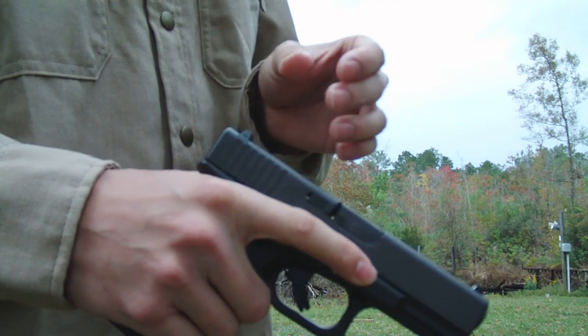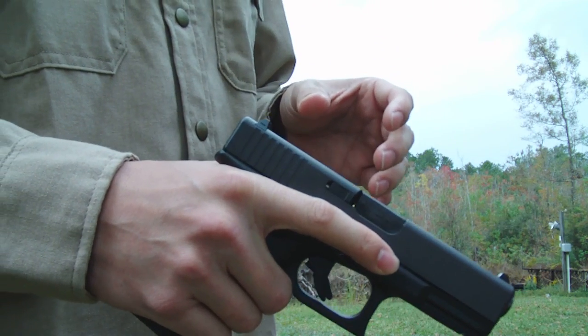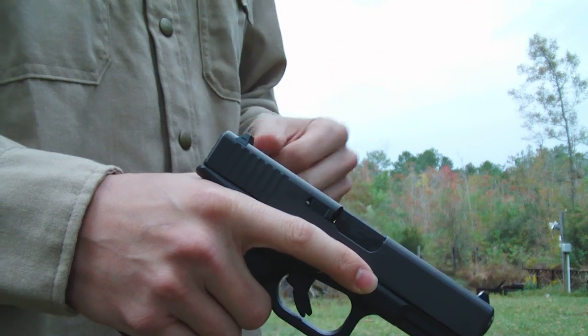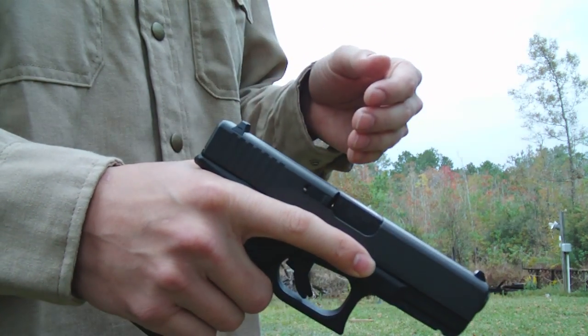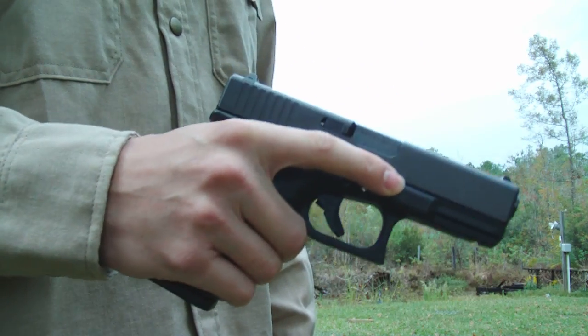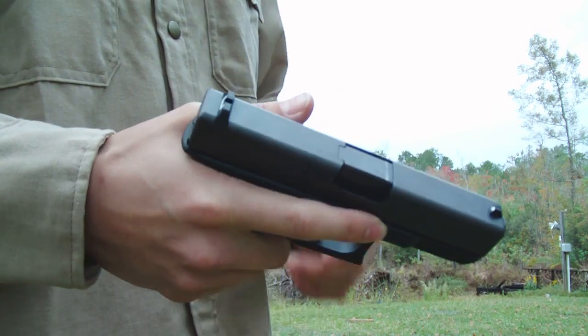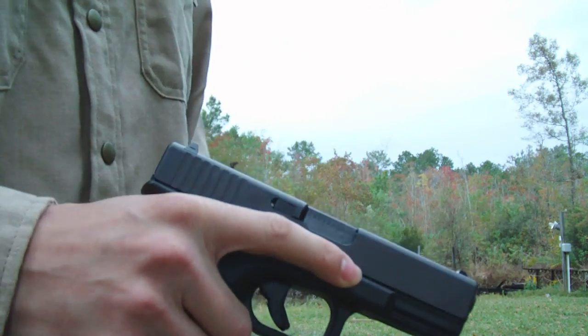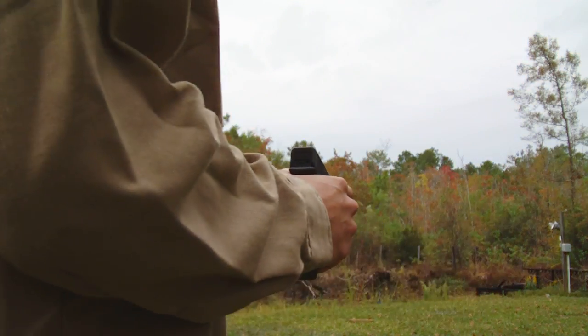However, I noticed it increased the length from the trigger break and the trigger reset. It lengthened it, and I don't like that. I like the reset and the trigger break to be real close to each other. But what I found is if you shoot this about 300-400 rounds, it actually loosens up that trigger a little bit. So anyways, we're going to be looking today at the